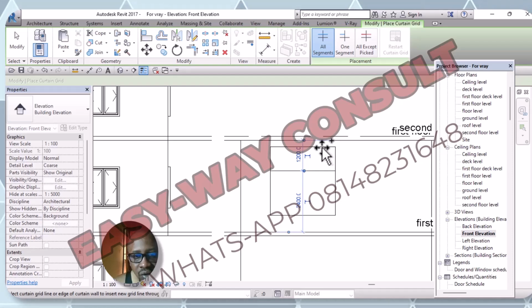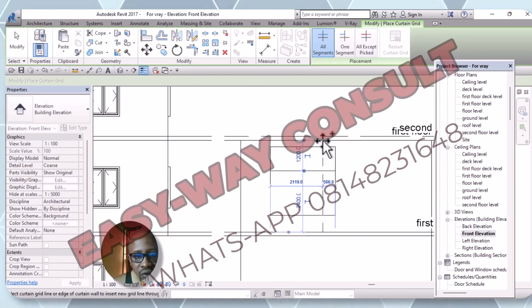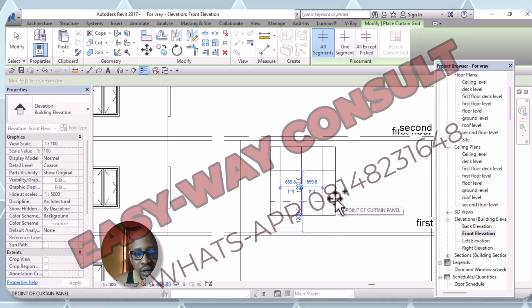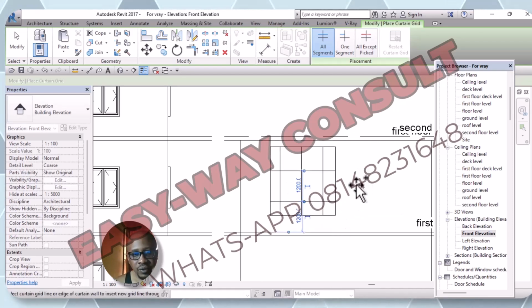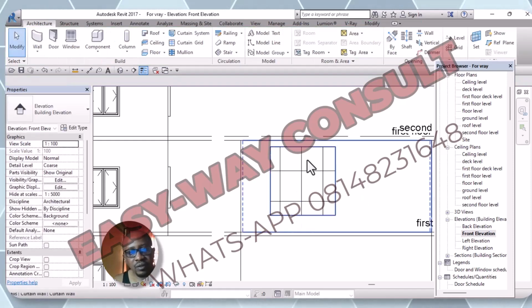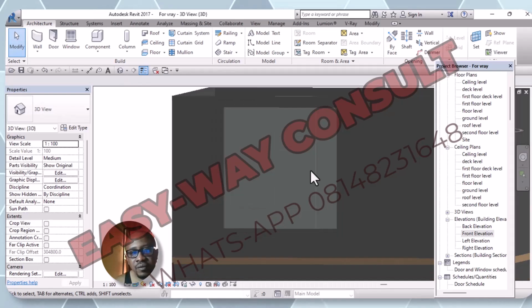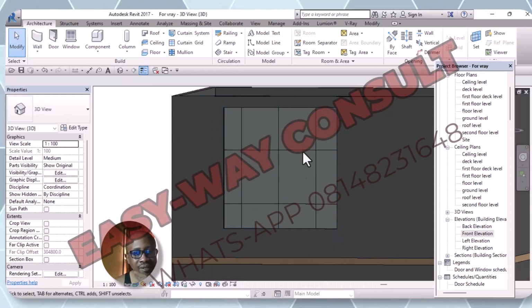You see, when you click on this, it shows you. You can move it, you click on it. So it has shown you where to draw, you draw, and you click on it again. It shows you again, you draw. You can get another one. You can also come back here and draw another grid if you want to. Then you exit, and when you go to your 3D, you can see that this is your grid,